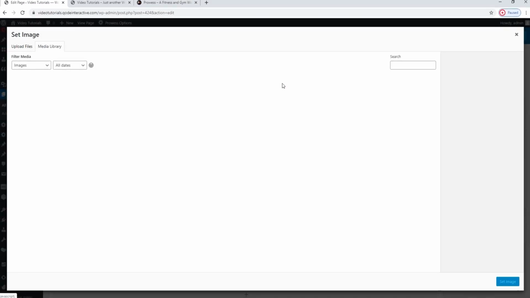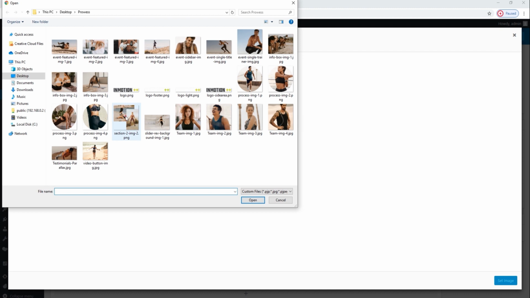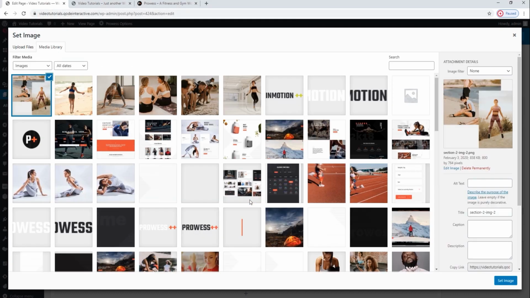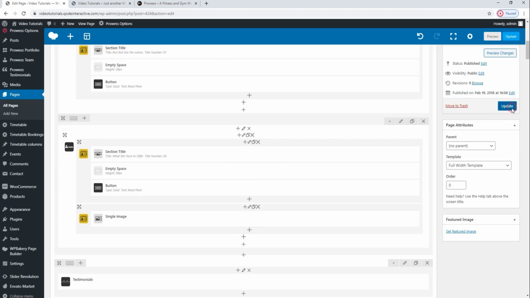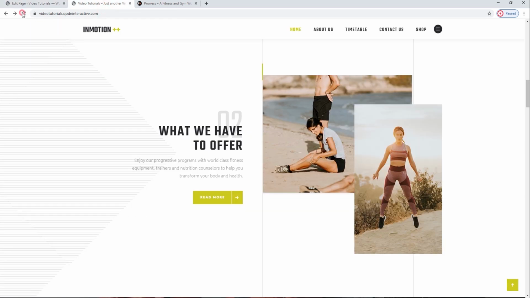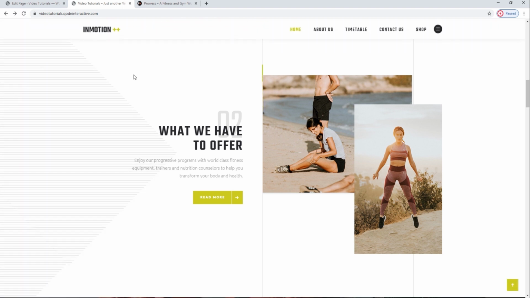Now let's replace the image. We'll go to the media library and upload the image we want. Don't forget that this image needs to be saved and uploaded in PNG format in order to get a transparent background. We'll now show why the background needs to be transparent. This is the new image and it has been saved in PNG format so you can see these grid lines behind. That's it concerning these 2 sections.